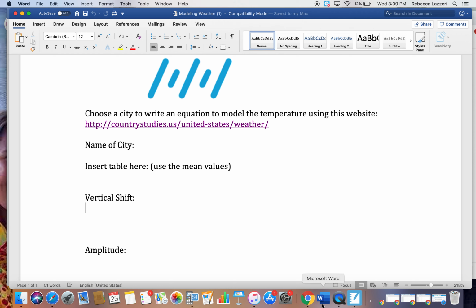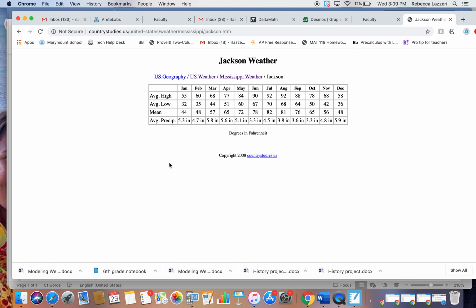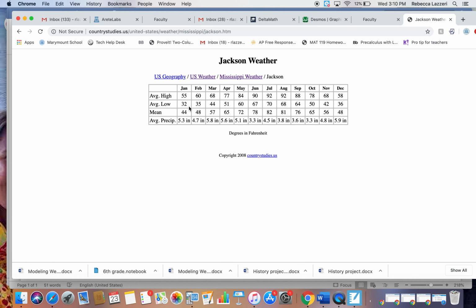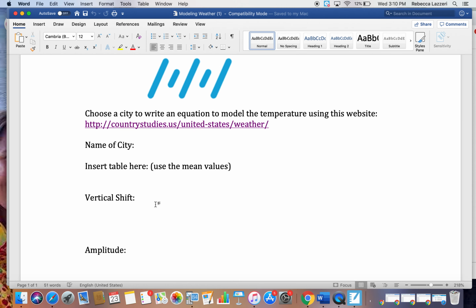Vertical shift is going to be this midline that goes right through here. Okay, so on Jackson, what I would do is I would think, how could I find the midline? As Zena said the other day in class, it is the average temperature for the city. So my lowest temperature is 44. And my highest temperature is 82, so it's got to be in the middle of those. So what I would do is type in how I found that, which would be